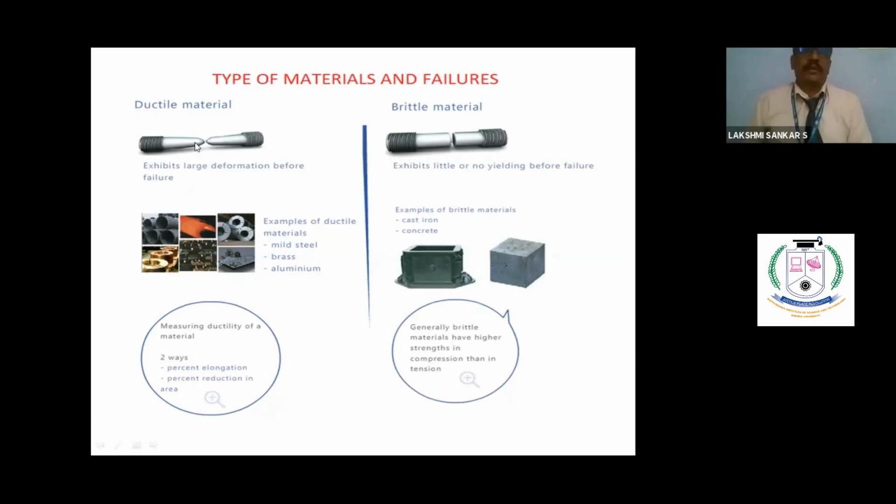Another interesting point: the cup and cone failure is noticed for a pure mild steel member. If any inclusions are there, then this particular pattern deviates slightly. For example, if the sulfur content is more, then it will break abruptly. So if sulfur is higher, the ductile failure is not noticed. There is a difference, okay.